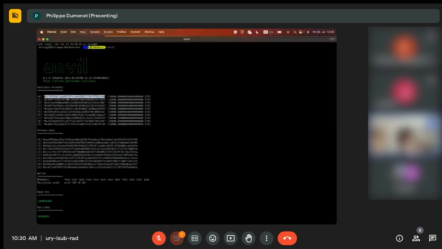So cast is again a part of Foundry and it has a bunch of different utils. One is called compute-address, which allows you to deterministically calculate addresses in advance. So if we take our deployer address, right, and then we say nonce 0 because it's their first transaction, we'll see